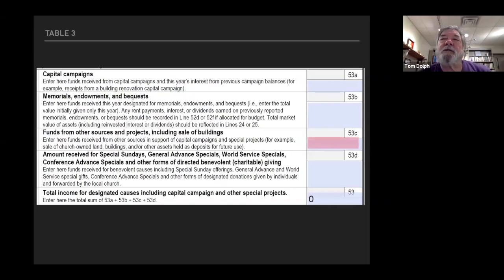in most cases, this is where insurance proceeds go. If you received money, again, from an insurance company, this is where it would go. PPP or other of those stimulus funds would go here. Sale of buildings that you put into a long-term fund goes here. Anything that doesn't fall into one of these other categories and is for a long-term designated purpose goes